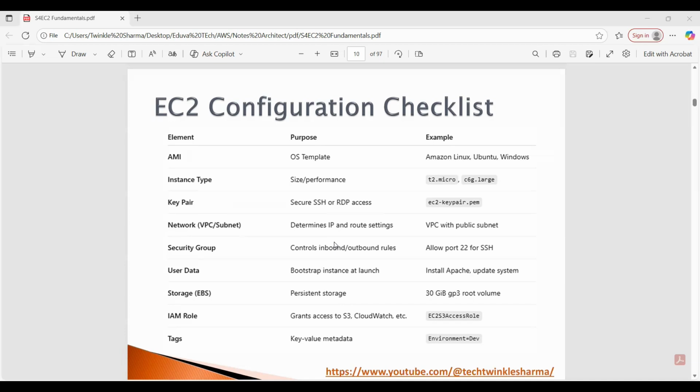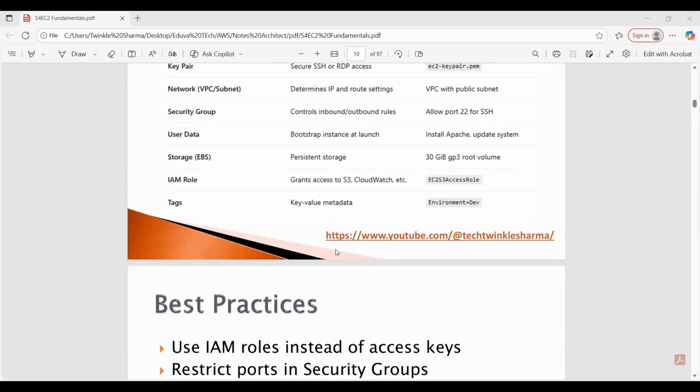Instance type is for size and performance. Key pair is for secure SSH or RDP access. Security group controls inbound and outbound rules. User data bootstraps the instance at launch. Storage EBS is persistent storage.